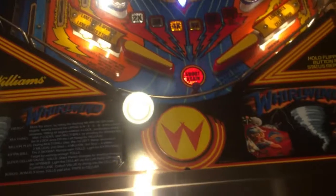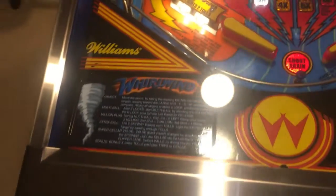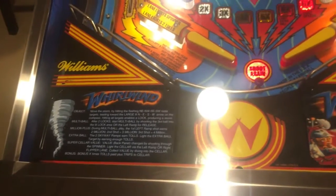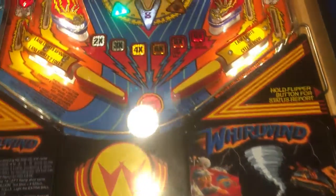The apron's original, except for the decals I put in there, or the cards I should say, came from pinballdecals.com, I believe, and those, I like them. I think they did a good job. So they're definitely not the type that I could just print on my printer easily, so that's always appreciated. So yeah,